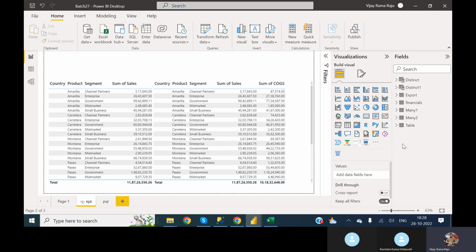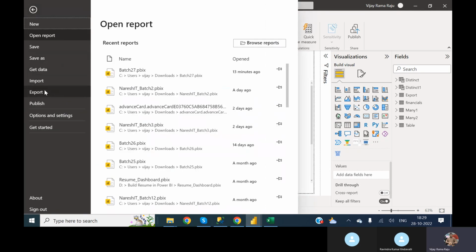Once you open it, it will redirect to all these data sources, and whatever data is in those data sources, you can see it in the visualizations. Let's see practically how we can do this. So go to the file, and